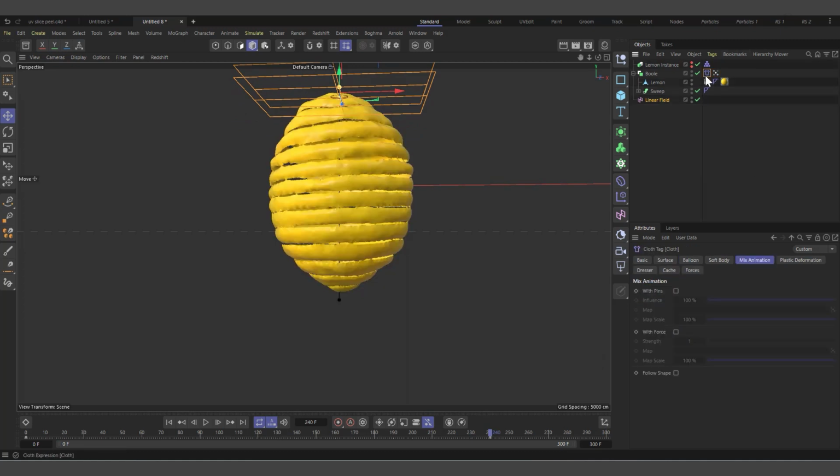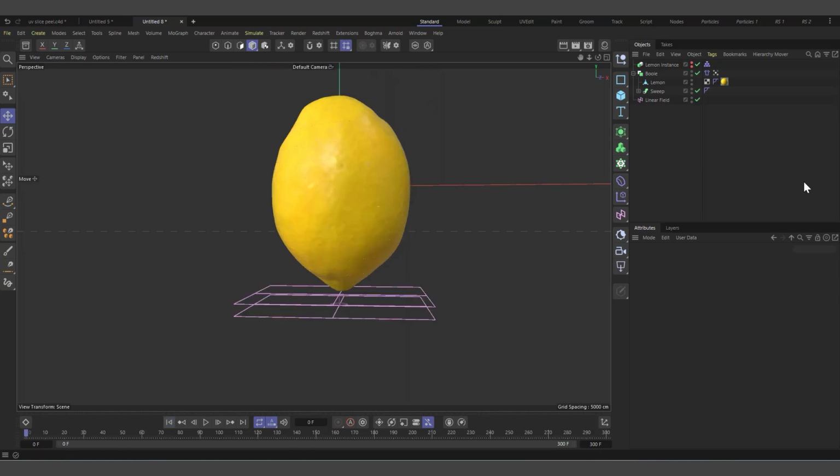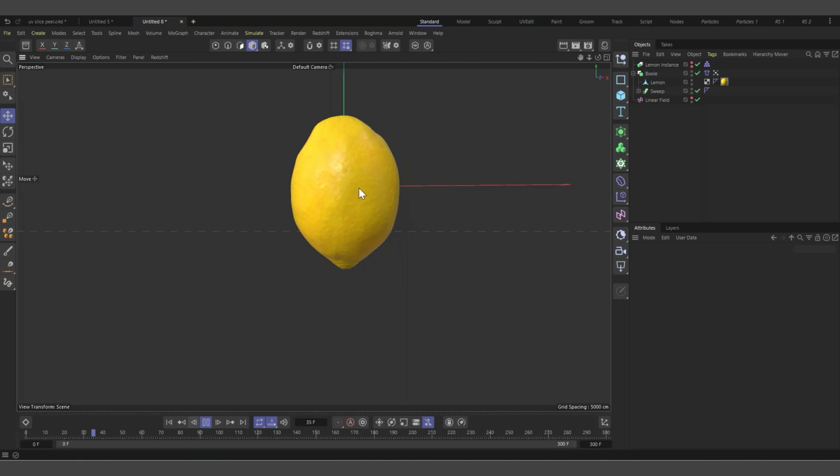So let's select the cloth tag, come to the attributes, and you can see you have the mix animation tab. Let's check use pins, make sure it's checked, and now let's drag in our vertex map in here. So if we go back again and let's hide our linear field and hit play, see what happens. Actually see gradually our object will be peeling gradually, like yeah,